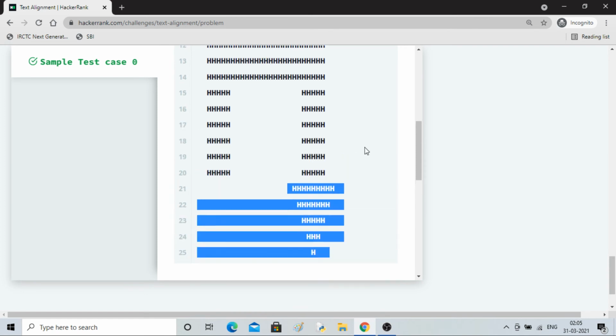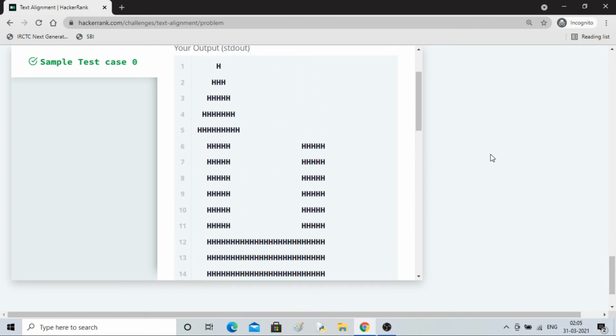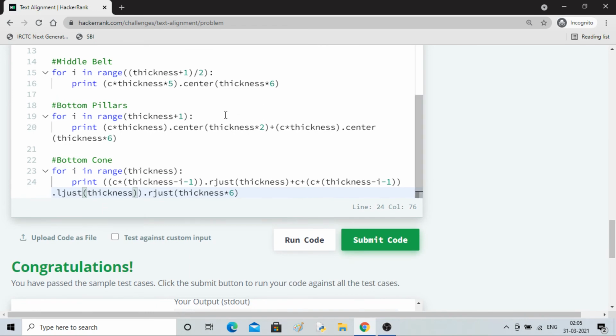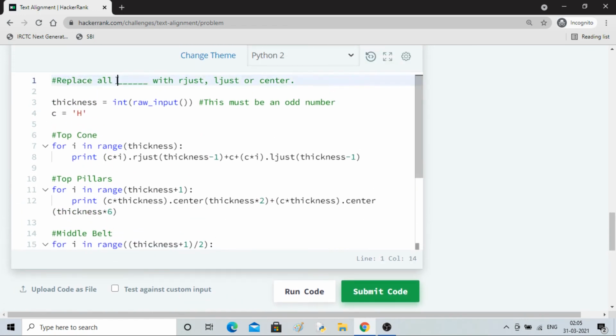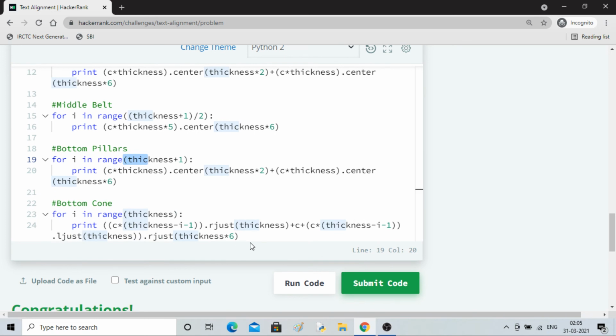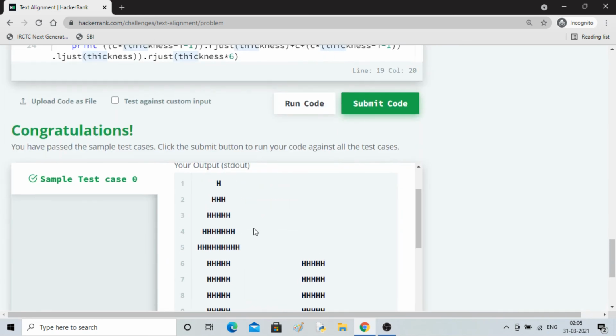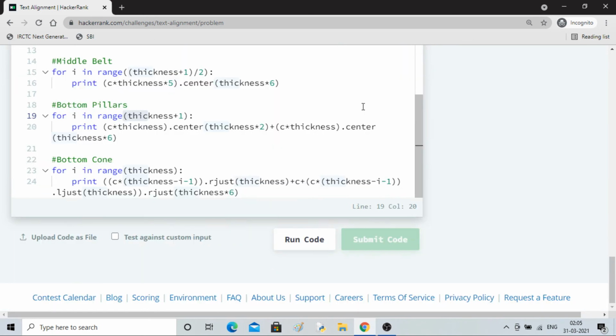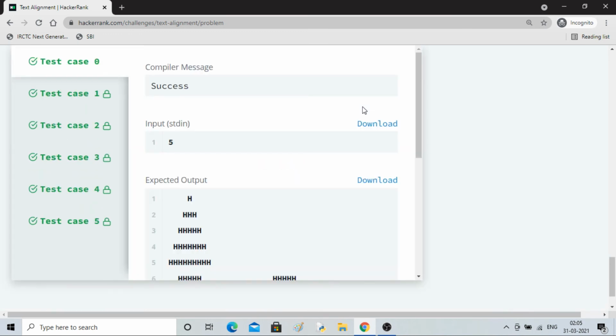Okay, correct. So it was nothing special, the code was already given to us, we just had to fill in the blanks. In place of these guys we have to choose what will come. So we did it iteratively. First we started with this guy, how it looks, and we tried different combinations, and then we came to the second guy, and then third, fourth, fifth guy, and we combined all of them. Now we have this code, so let's submit it. We have passed all the test cases.